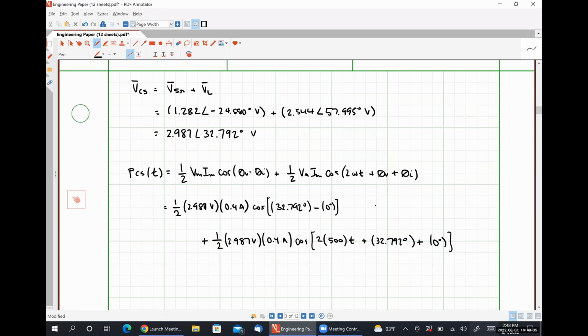And now I'm going to throw things into the calculator. Cosine of 32.792. I get 0.502